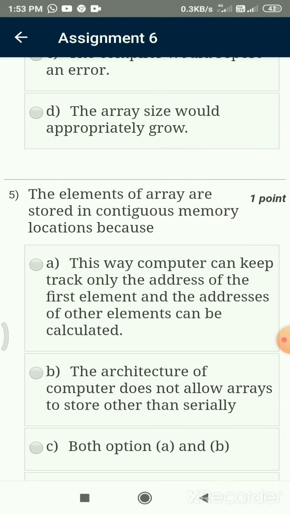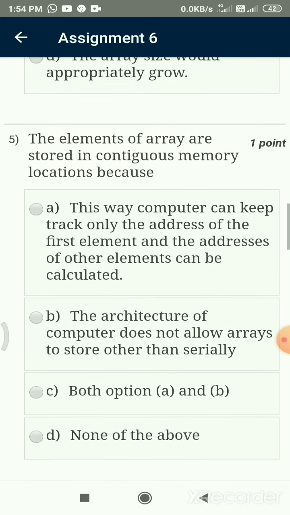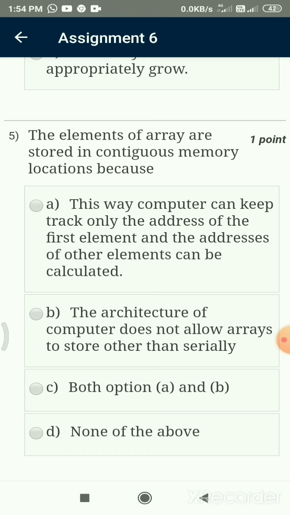Come to the fifth question. The elements of an array are stored in contiguous memory locations because... there are two reasons. The first option: this way the computer can keep track of only the address of the first element, and the address of another element can be calculated.